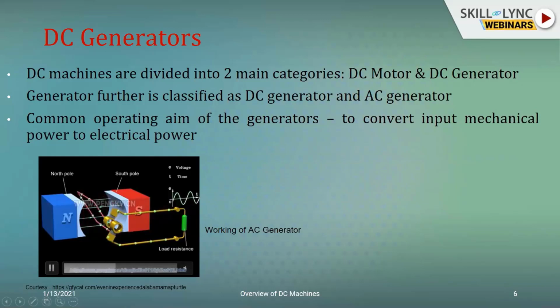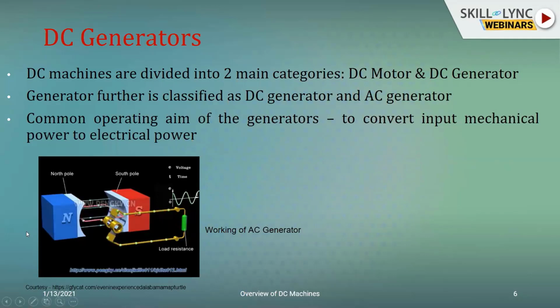Now when the circuit interacts with this flux, through Faraday's laws of electromagnetic induction, you have the setting up of the induced EMF. And it is this induced EMF which would be alternating in nature. But because of the presence of certain elements in the machine known as the commutator elements, you have mechanical rectification happening. That is, the developed AC signals are rectified into DC form before being sent to the output. And the output is my simple resistive load.